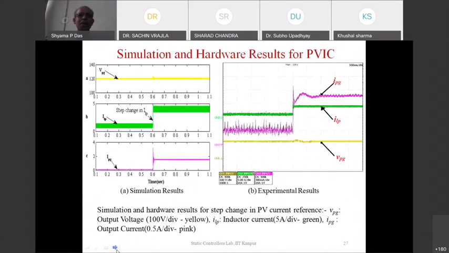So this is some simulation result, and we have experimental result. Here we apply a step change in the input current. It means suppose the solar intensity changes quickly, so the ILP will change quickly. It could be a step, or it could be a ramp signal. The step is an extreme case. So we see that the actual current follows the reference quite fast. Of course, there is some oscillation because we have used a step change in the current.